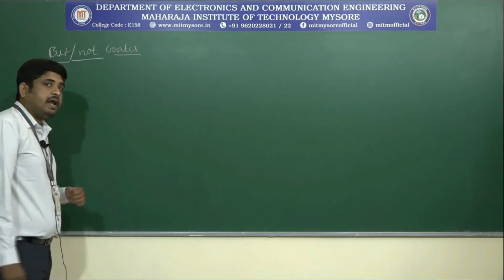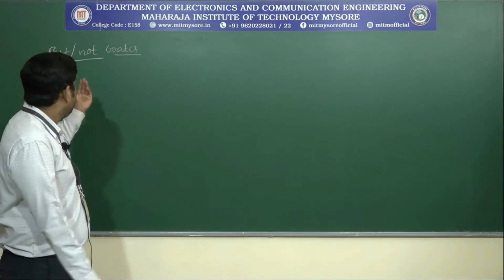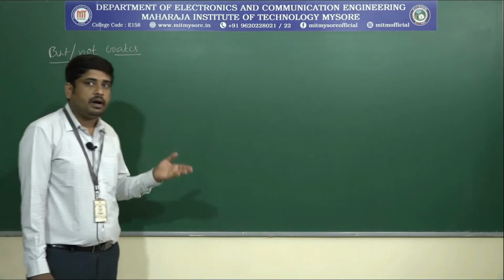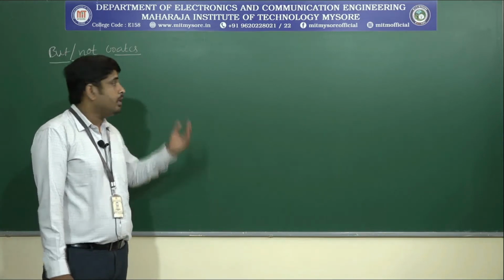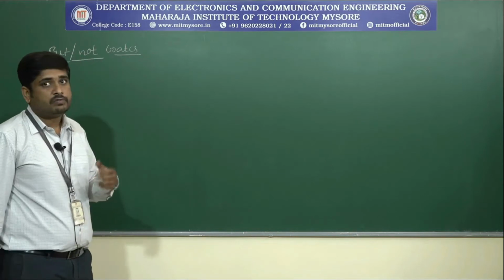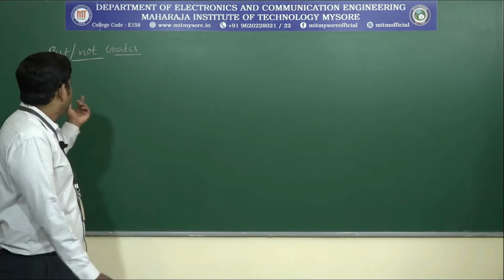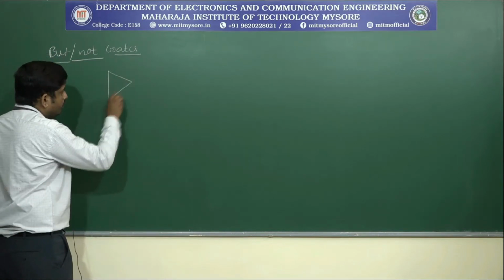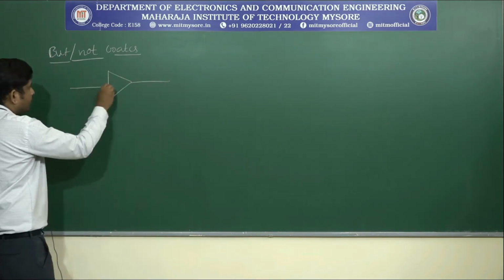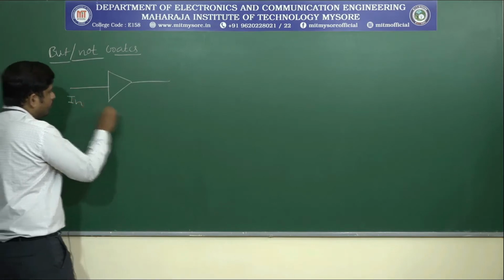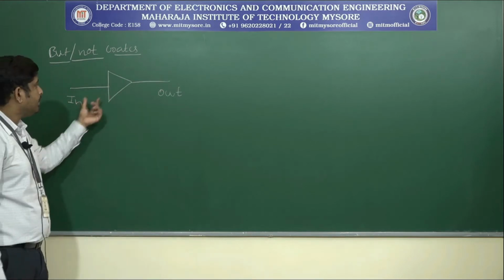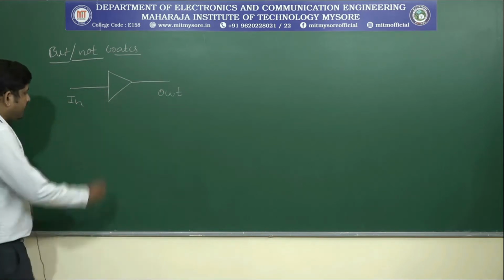Okay, first we write the symbol of the buffer and NOT gates, then we write the truth table, then we write the instantiation of buffer and NOT gates. First we have to write the symbol of buffer and NOT gates. So this is the symbol of a buffer. Then next we write the